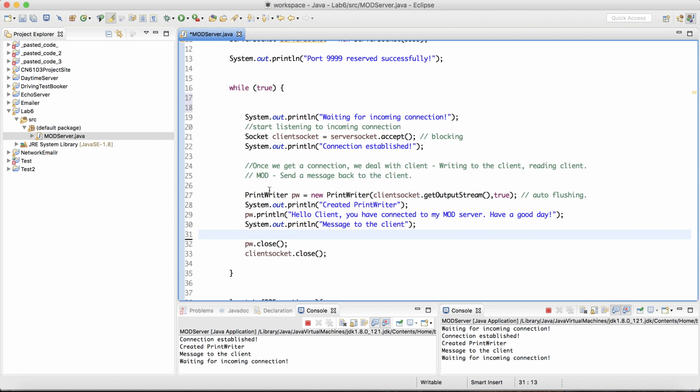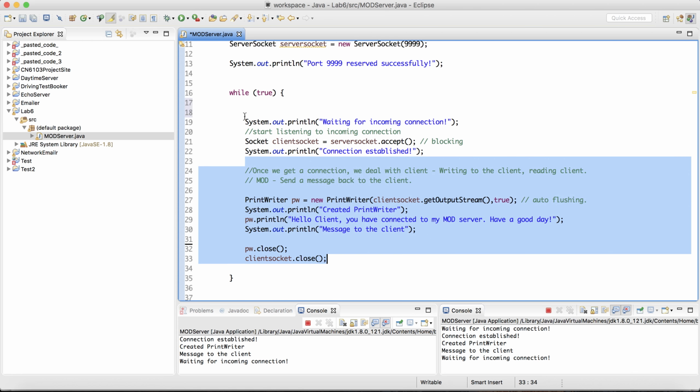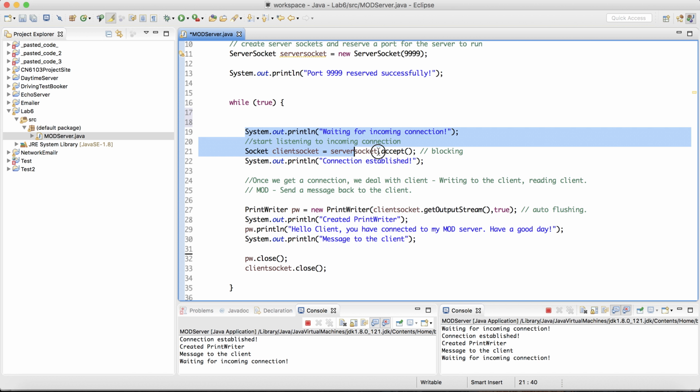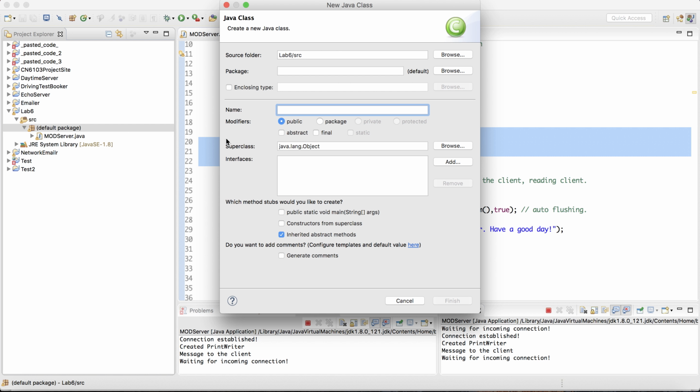But the idea would be that all this stuff which is dealing with the client is dealt with by a thread. So each client, when they connect, gets their own thread, and this part which deals with that client goes in its own thread. And the main thread's job would only be to listen for new incoming connections and send that information through to the threads. So if we take this concept on, and now we say we're going to have something called a communication thread,